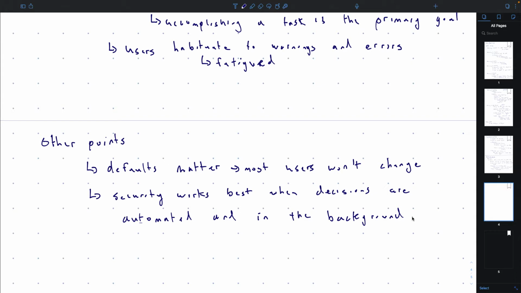Another high-level principle from the security usability literature is that security works best if the software just does it for you. There was a movement to try to get the user more active in making decisions, but most users didn't know, didn't care, or didn't understand. So the thinking now is to do the security in the background, don't ask the user, and involve the user as little as possible. Just try to make decisions on their behalf. You can always have settings to tweak it, but at least the default settings should do as much as you can without involving the user. Only involve the user if it's absolutely essential.